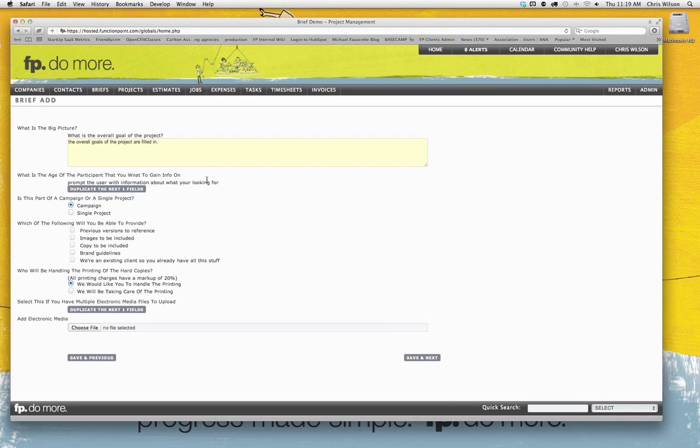The real gist of our whole brief section is: what is the big picture? A little prompter asks, what is the overall goal of the project, and the type of response that is being prompted from the user is all showing in such a fashion that you can configure these for your own requirements. And this brief sort of demonstrates some of the different types of responses that you can automatically facilitate.